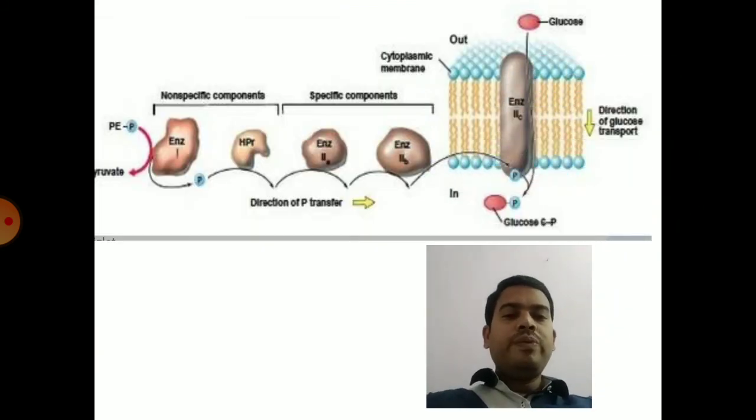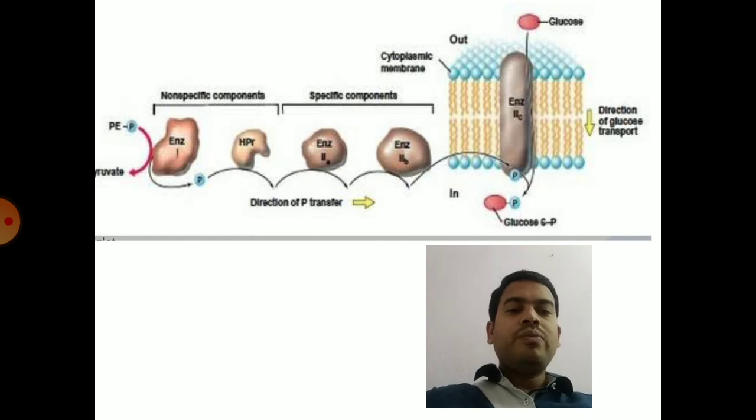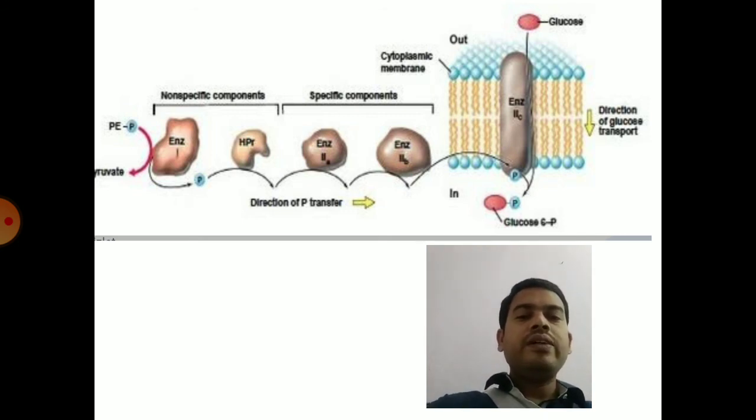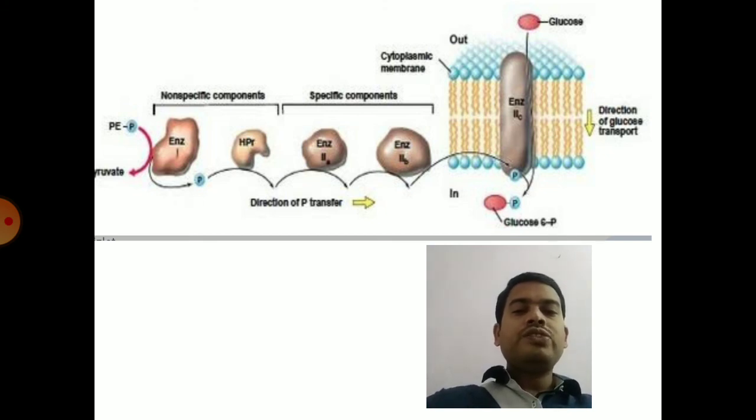So the next one is group translocation. As I mentioned, group translocation means a series of proteins are used and play an important role in the transport of a solute particle from outside the membrane to inside the cell. So here, the phosphate group which is present on phosphoenol pyruvate is transported through a series of proteins. You can clearly see HPr, enzyme B, enzyme B2, etc. here. These are the series of proteins through which the phosphate group on the phosphoenol pyruvate is transferred.